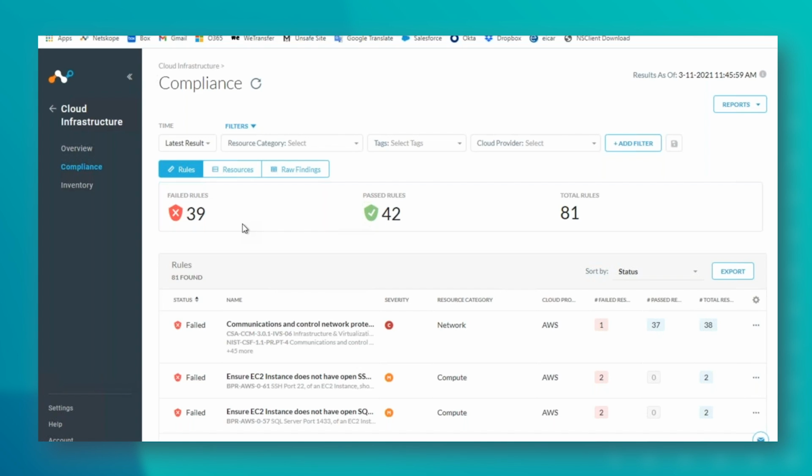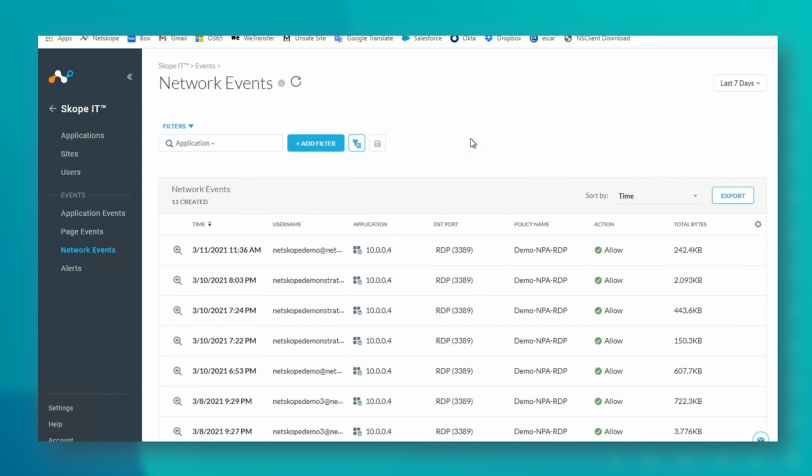And the last thing to round us off, because we're coming close to time, is everything we've done today. I'm just going to quickly go into our network events. So you can see that I now have the ability to see who connected to that particular device over the RDP, because Netskope handled that connection. So when I was RDPing onto client devices with my previous employer, for example, they would probably have no record that I ever logged onto that machine. There would be maybe a timestamp somewhere for me going onto the VPN. There would be a timestamp in the Windows device where I would be logging on, but they probably weren't monitoring.